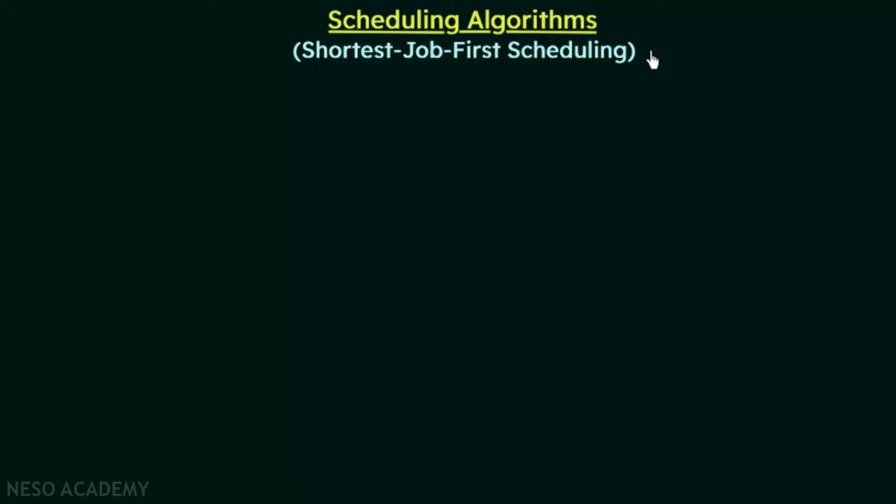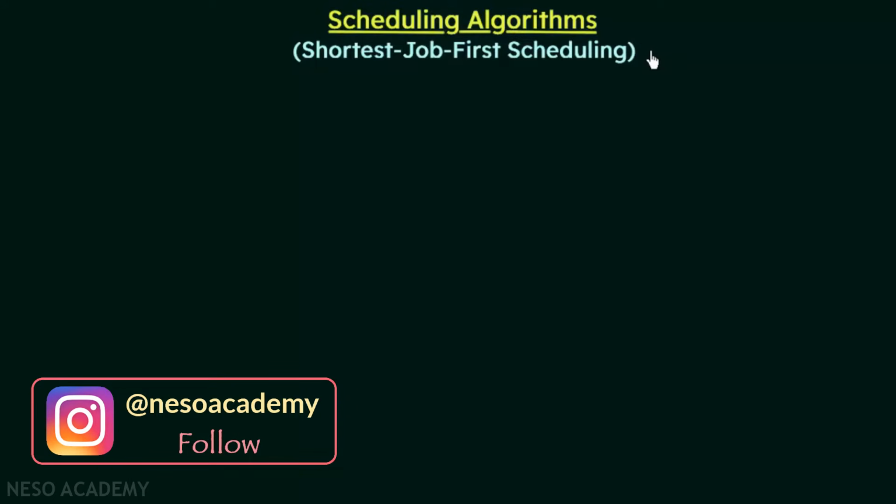In the previous lecture, we studied the first come first served scheduling algorithm, and we saw how it works, and we also solved some problems in it. We also saw that it was very easy to implement, and that it had some disadvantages. Now moving ahead, in this lecture we are going to discuss the next scheduling algorithm, which is the shortest job